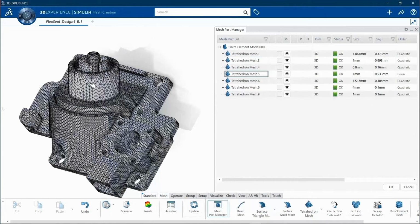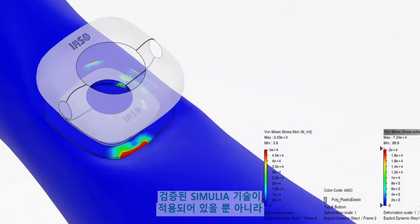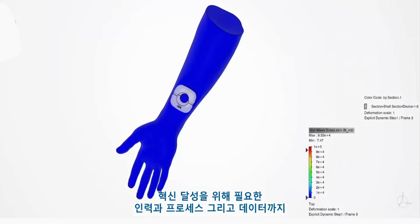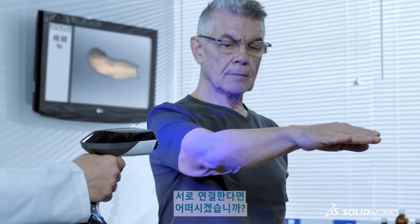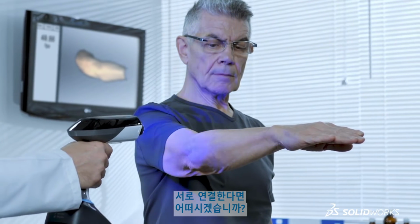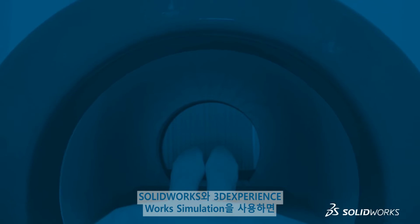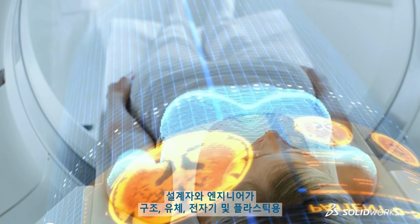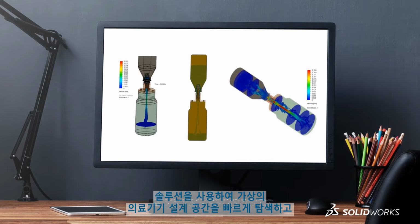apps and processes featuring proven Simulia technology for 3D design, systems engineering, multi-physics simulations, and virtual human modeling, while also connecting the required people, processes, and data for innovation. With SolidWorks and 3DEXPERIENCE Works simulation, designers and engineers can rapidly explore the virtual device design space with solutions for